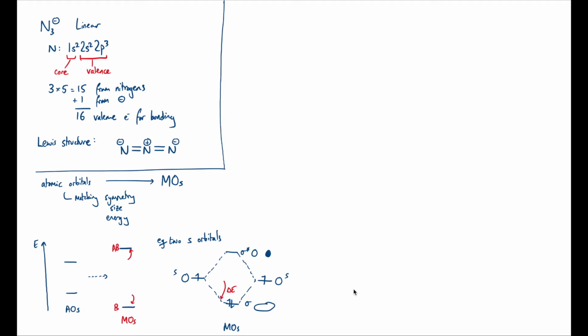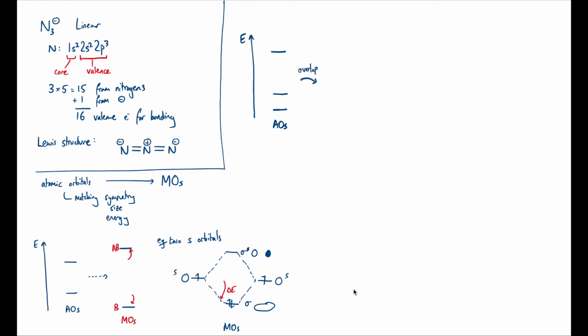Another general result we get from molecular orbital theory that we can still use in a qualitative sense is what happens when we have three atomic orbitals, or any type of orbital for that matter, that have similar size and energy and have the same symmetry to overlap with each other. So say we've got any old three atomic orbitals. A general result that we have from here, if we were to combine them and overlap